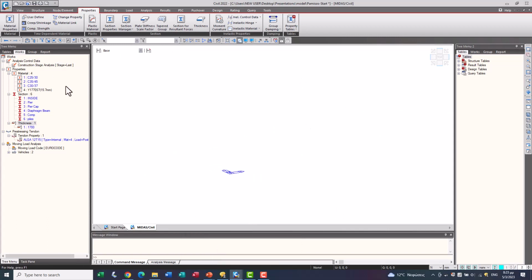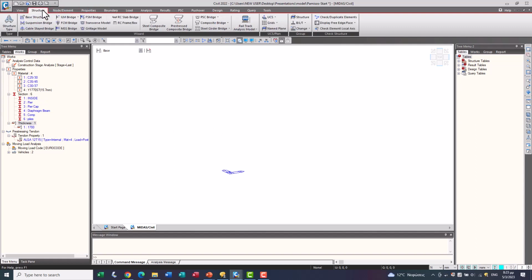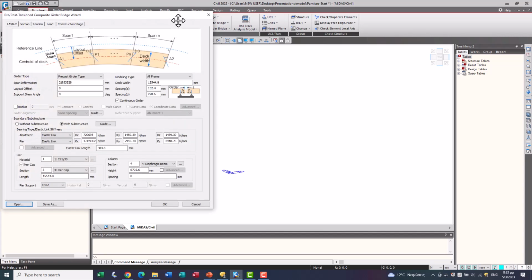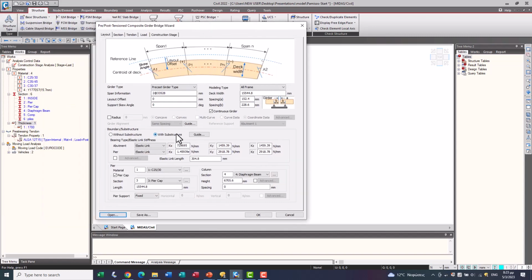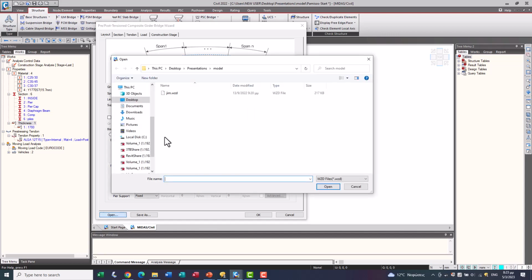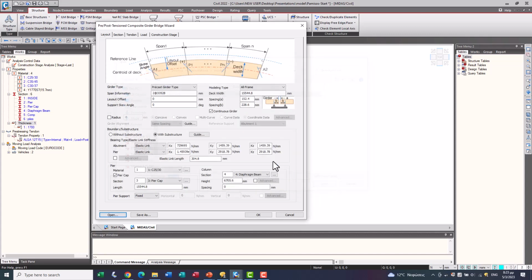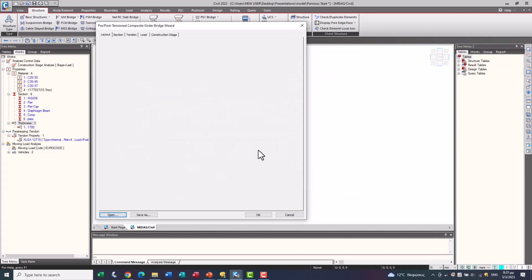After we finish assigning our materials, sections, and tendon properties, we go to Structure, and here we have the wizard. Now I will load the properties of my bridge.